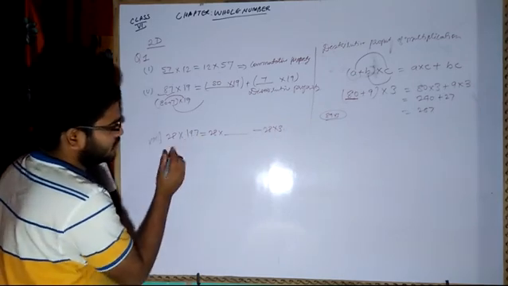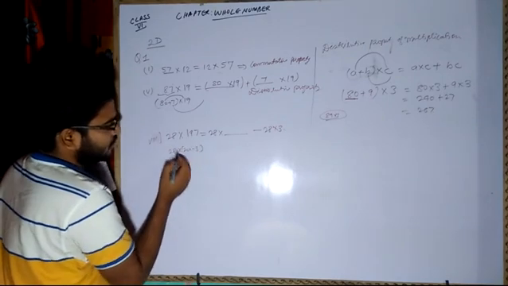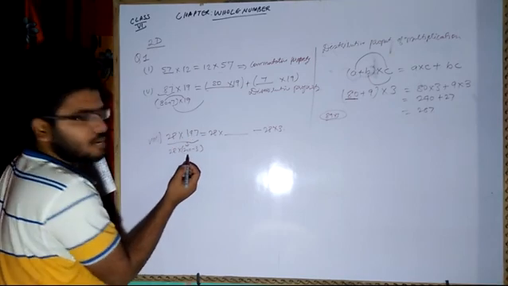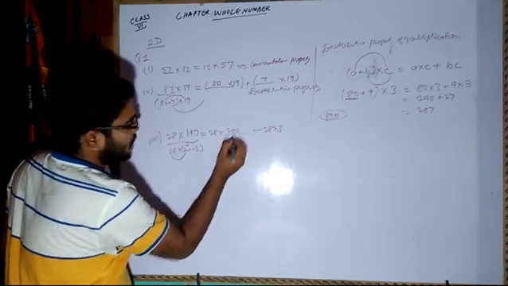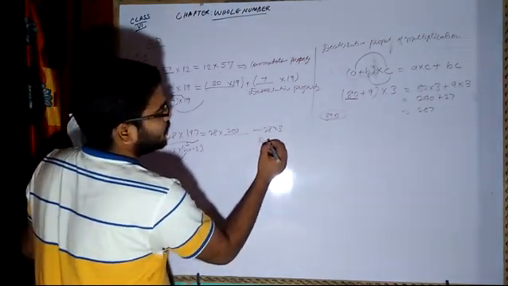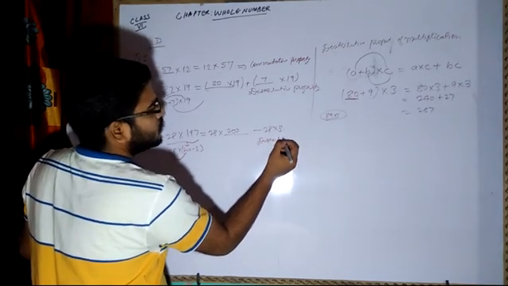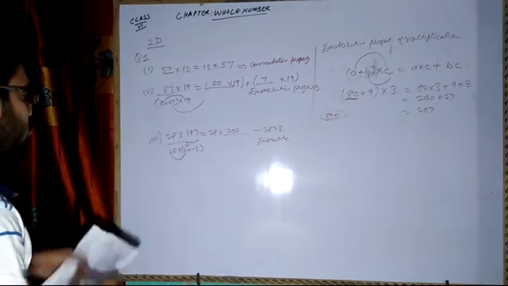Now if you add here 3, can you write 28 into 200 minus 3? I can write it like this: 197 can be written as 200 minus 3. Now 28 into 200, now 28 into minus 3. So this is what? Again the distributive property. I told you whichever sign is there, you can apply the distributive property.